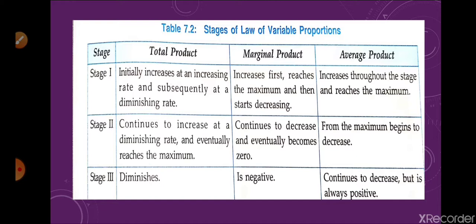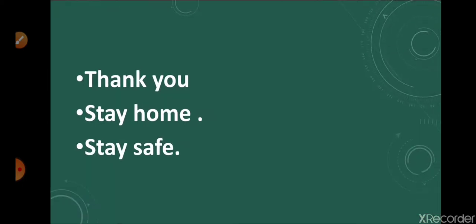You can see that after the 9th unit the TP starts declining. Why does it start declining? Because due to overcrowding, the machine may collapse and total production may be reduced. So it was not declining from 1 to 9 units, but when we imposed the 10th unit, it starts declining. Why? Because due to overcrowding there are some drawbacks in the machine and the machine is not working, and that's why MP is negative if we keep increasing the number of workers.